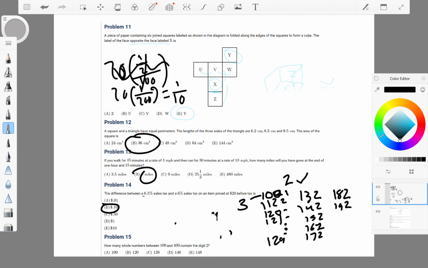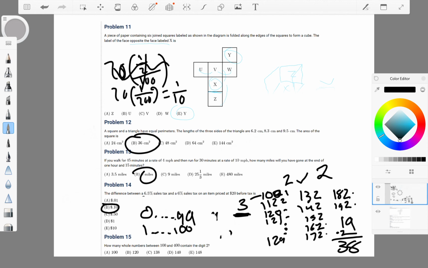And then for the third, there's 12, 13, 14, 15, 16, 17, 18, 19. So there's 19. And then times 2 for the ones that start with 3. So times 2 is 38, right? And then we need the number of things which have a starting digit of 2. So how many are there? Well, there's 200, 201, all the way to 299. So if we just count the last digits, we have 0 all the way to 99,